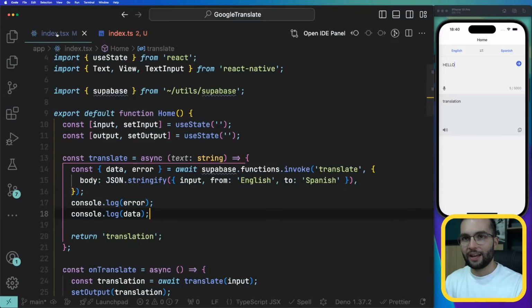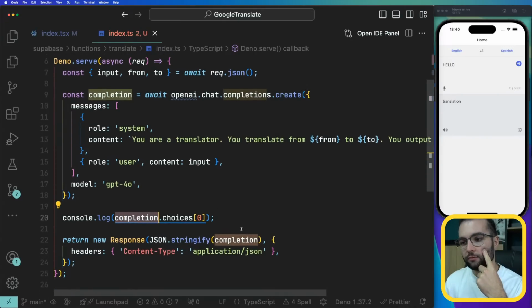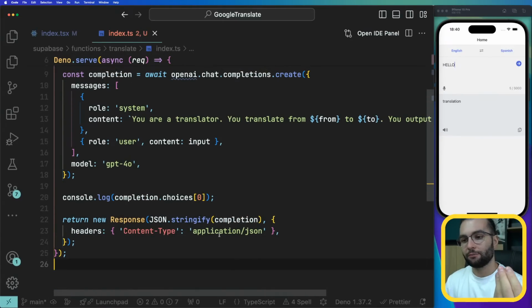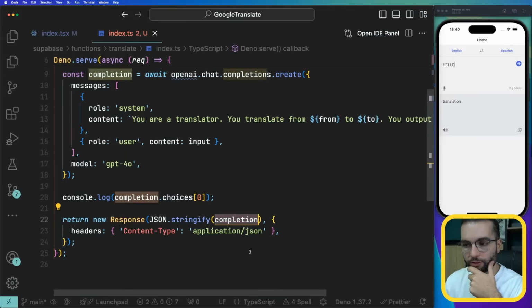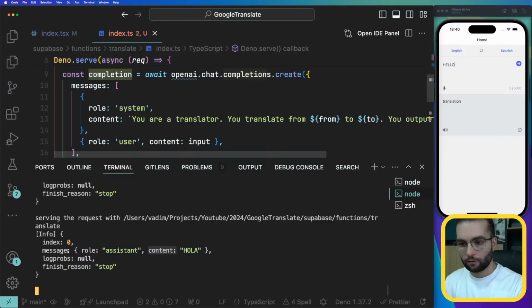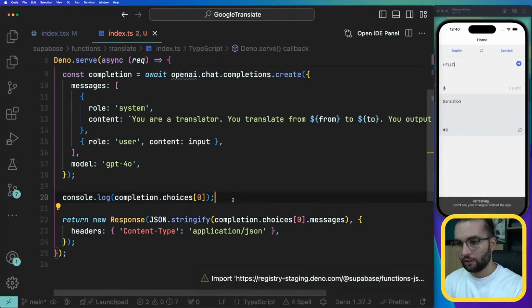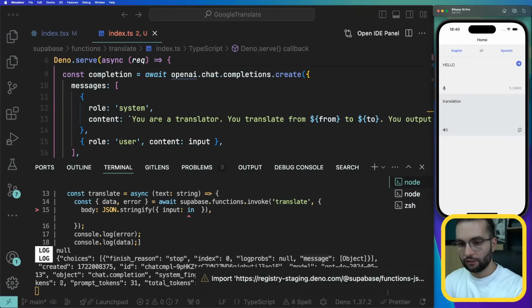So let's go ahead in the index. Maybe instead of sending back the whole completion here, it depends. Either we are sending the whole completion and on the front end we are just getting the translation, or we can send here the translation itself, or the message at least. For example, I'm gonna take this completion at position 0 dot message, and this way from our React Native logs we should see